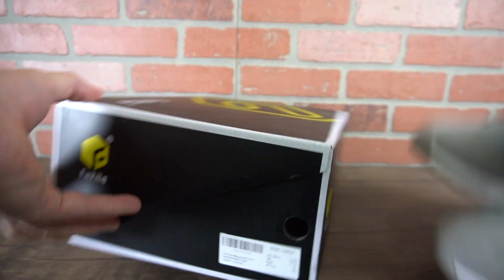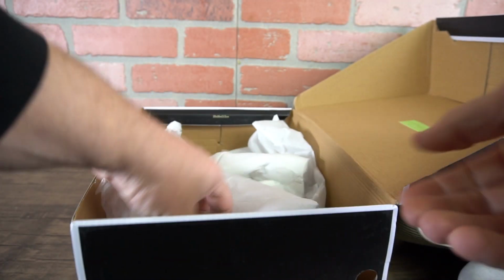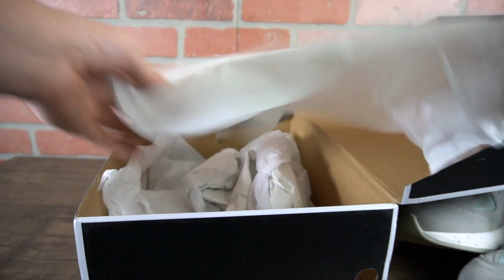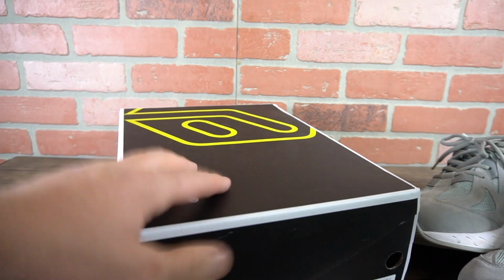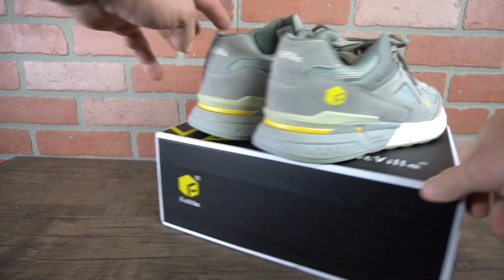But what's cool is the packaging. Here's the box that you get. And also each shoe comes with its own bag when you get it. So it keeps each shoe nice. And you can probably, I suppose, store them in there as well. But anyway,